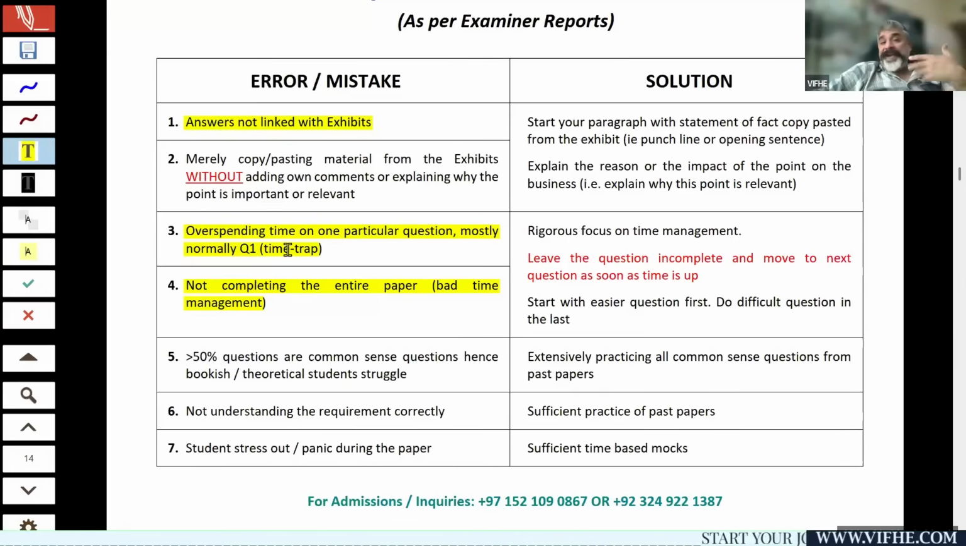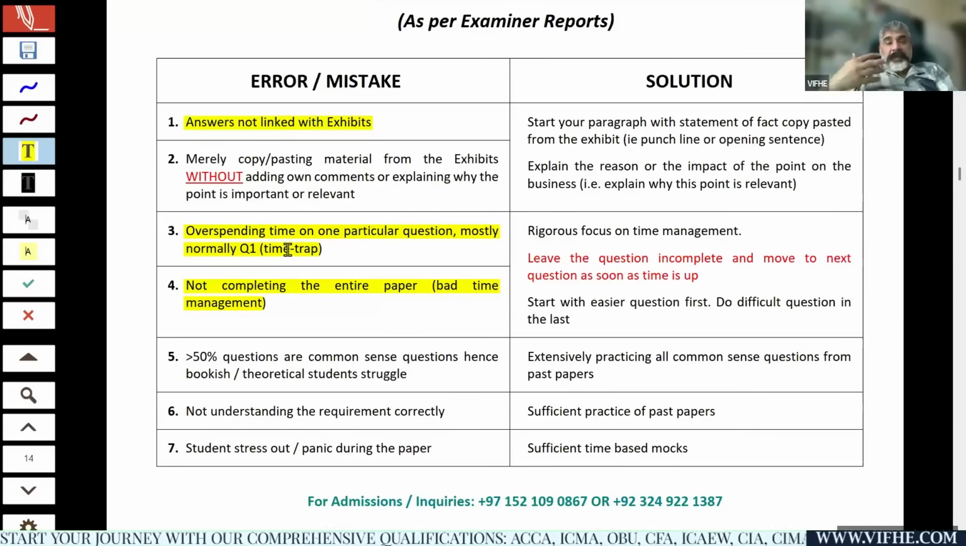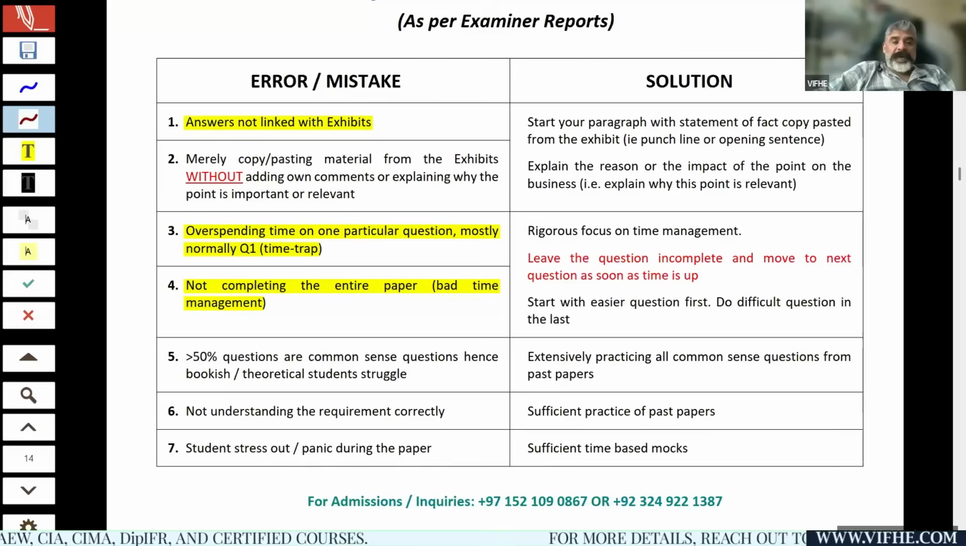When you overspend the time, obviously you are hijacking the time of the next questions, and by the time you reach the end you will not be able to complete the paper because your time management was not balanced. If you don't complete the SBL paper you cannot pass. It's mandatory to attempt the full paper. So time management is another biggest challenge of SBL. I would say the number one challenge is time management